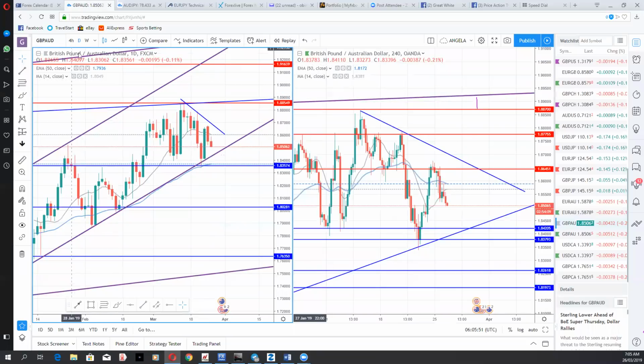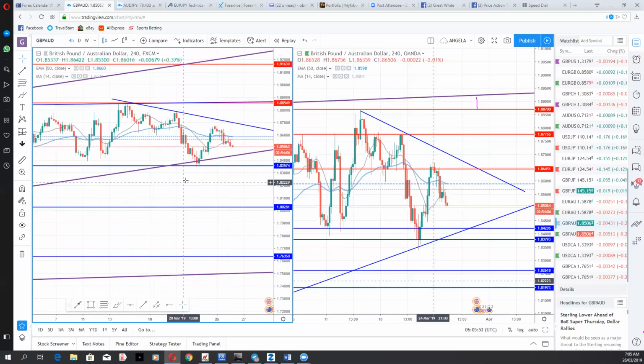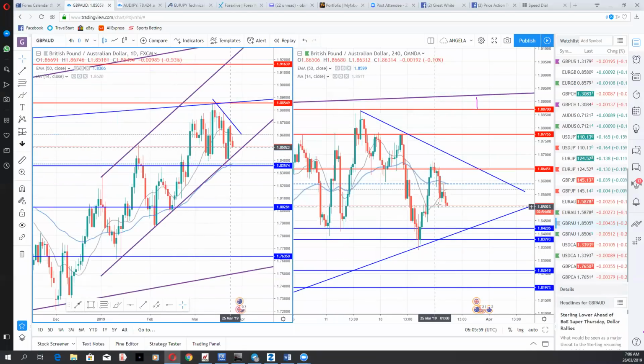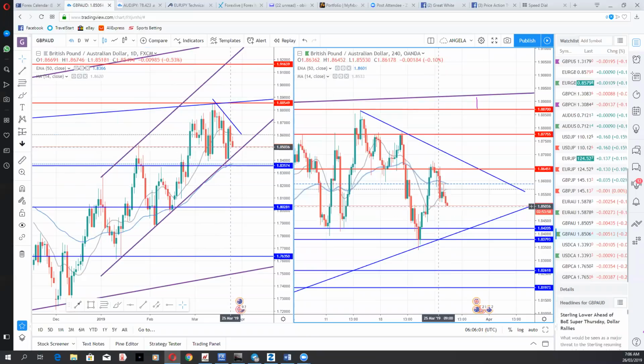Let me drop to the 4 hour. So you can see that's where price may come to, as you can see. So the next pair I'll be looking at is